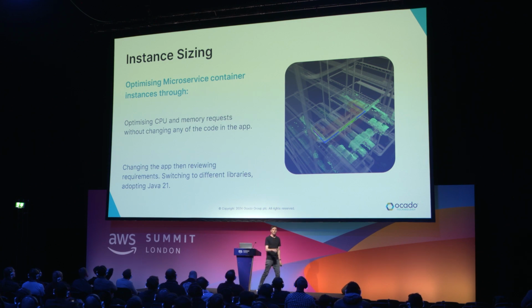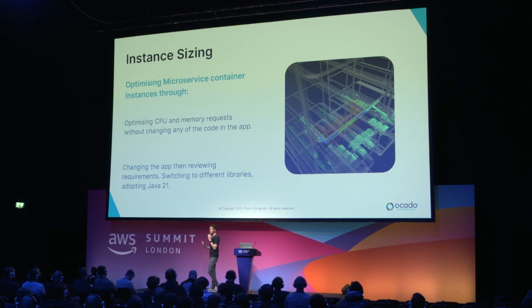The first scenario is when you're able to change the CPU and memory requirements for your app without even touching the app. Sometimes developers are conservative when setting policies. We've seen this for various reasons, but maybe you're putting a new application into production. You've got enough to worry about without worrying about running out of memory or the app running too slow. Or you're migrating. One of the cases we have is where you're migrating from on-premise and you just want the thing to work, right? You're just going to give it all the CPU and memory you think it's going to need. But once an app has been stable in production for a while, maybe you can go back and look at those things, and that's one of the activities that we did.